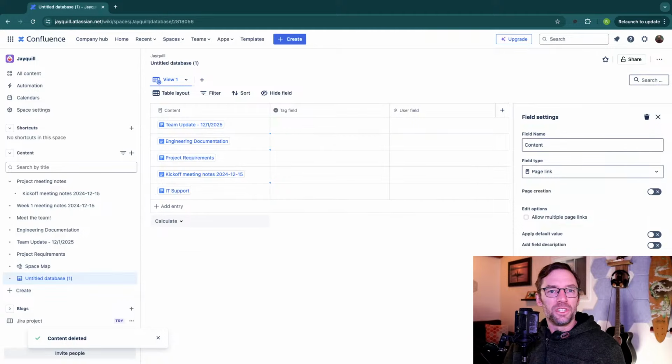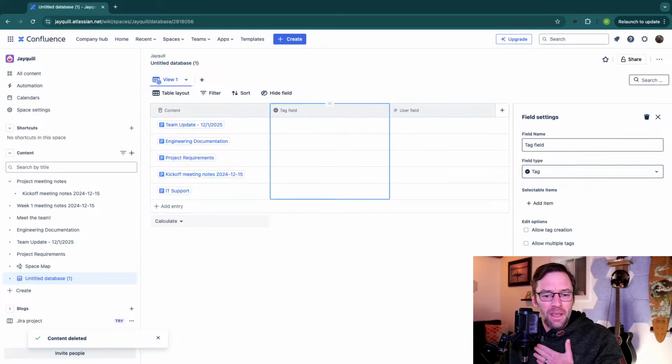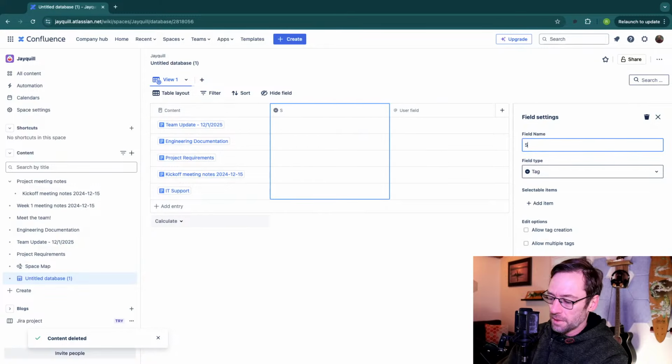Now, what I really wish is that there was a button I could push that would just pull in from my whiteboard all of that information, including the blank pages. There is a way I can link in every single page from the space. But here I might have a status field so I can track how are things going,